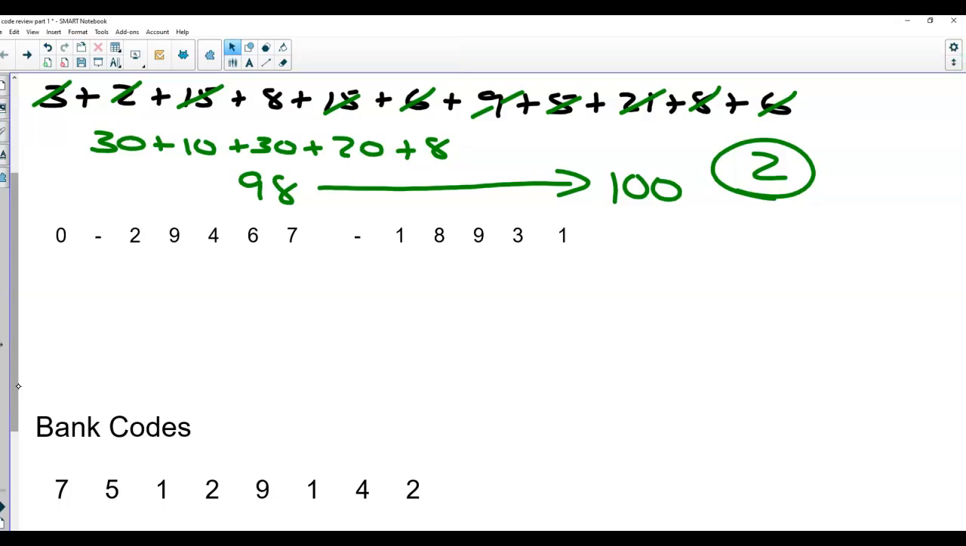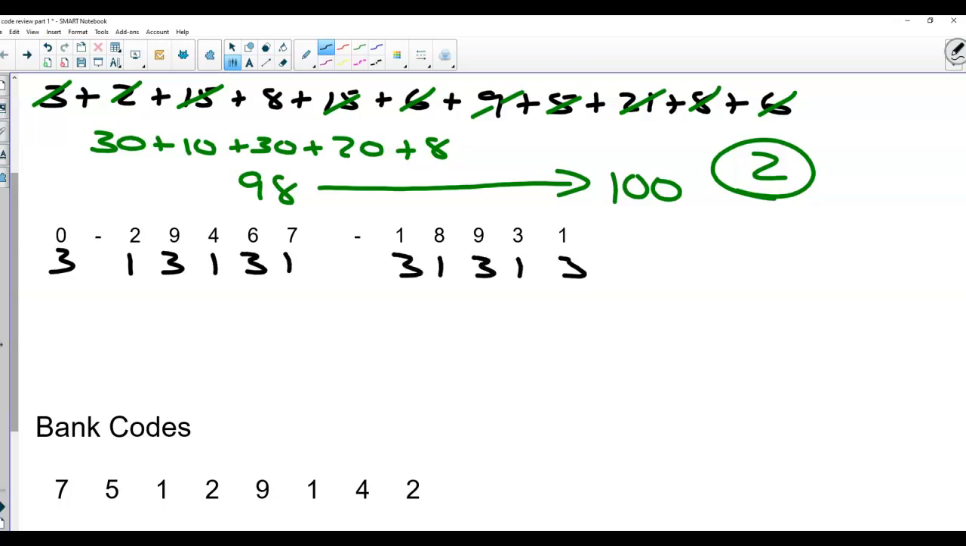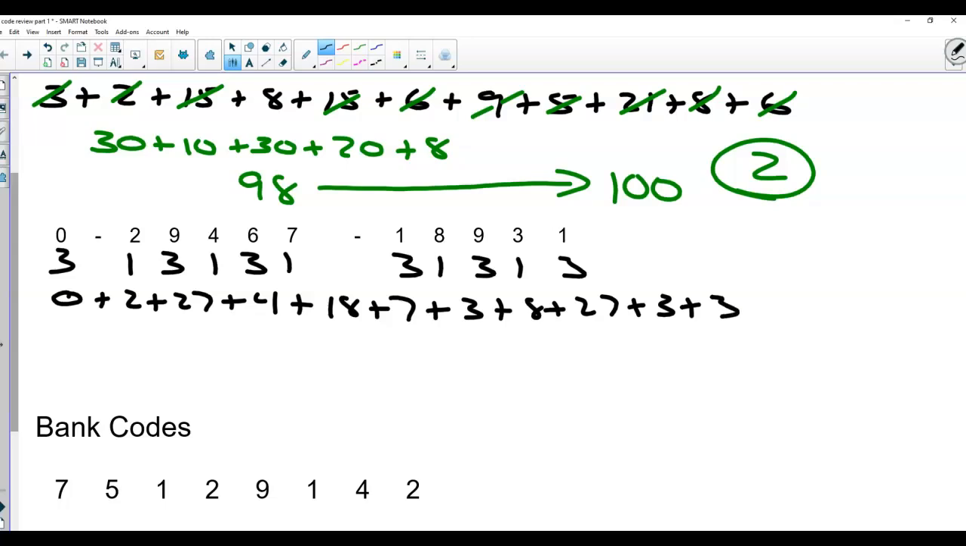Second one. 3, 1, 3, 1, 3, 1, 3, 1, 3, 1, 3. 0 plus 2 plus 27 plus 4, 18, 7, 3, 8, 27, 3, and 3. Go through it again. The 0, 2, 27, 4, 18, 7, 3, 8, 27, 3, and 3. All right. Obviously, the 0 is not part of this. I might do